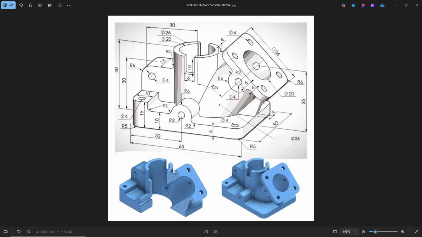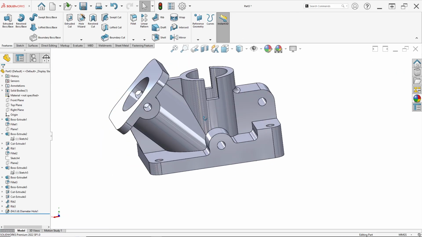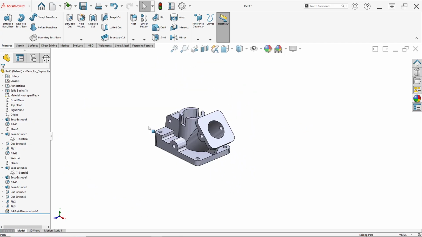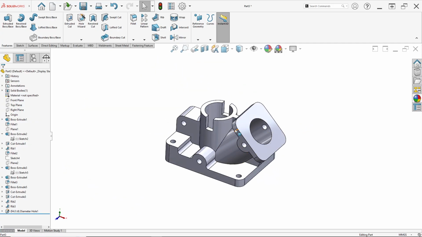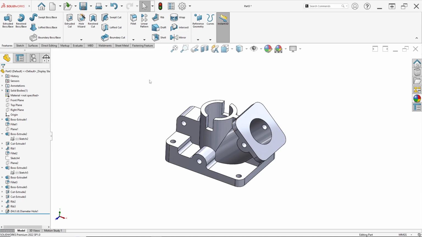So ensure you input all holes like this drawing, and just click OK. Now we have holes through all like this, diameter 4. It's so simple.